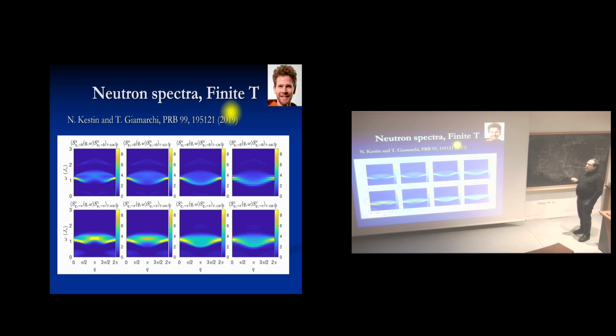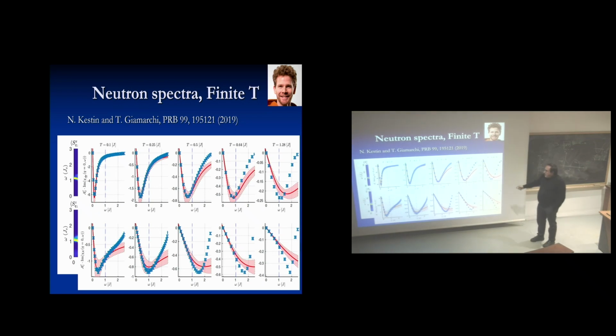And just to show you that now not only one can compute this correlation out of the numerics at finite time, so finite frequency and finite momentum, but also at finite temperature. This is calculated for increasing temperatures, going from smaller than J to larger than J, and of course you see the blurring of the response as the temperature is getting stronger. What is interesting is here a comparison for one of the modes at Q equal pi of the numerics with the field theory, and you see that the